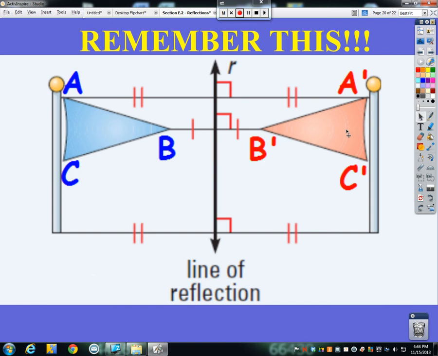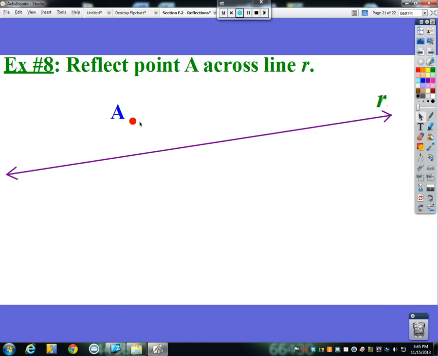So the one thing we need to remember, from the last video actually, is that there are two things to keep in mind. There is this bisecting aspect of the line of reflection between our pre-image and image coordinates, and there's also this 90-degree perpendicularness, if that's a word, going on with our line of reflection between our pre-image and image coordinates. Okay. So if I just have a point A, and I want to reflect it across line R,